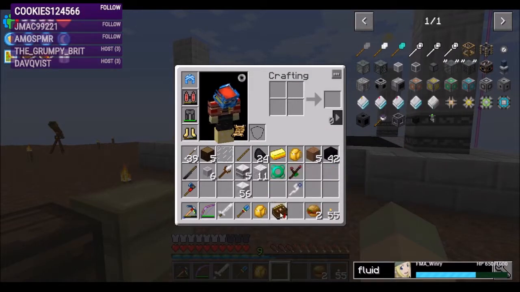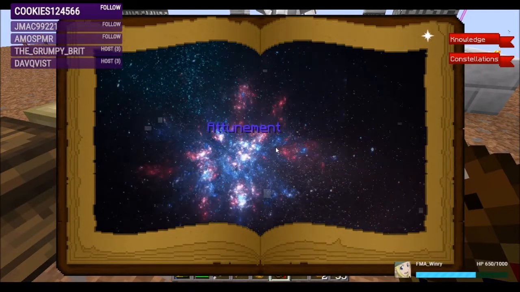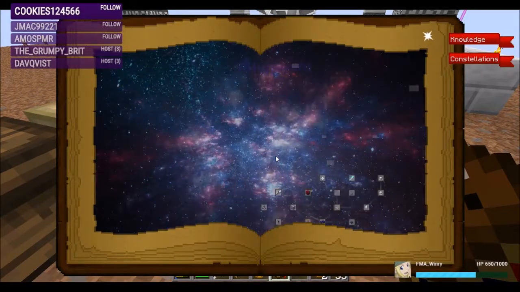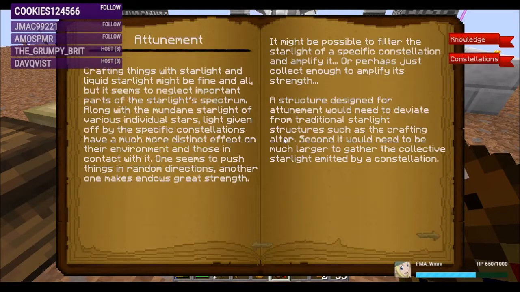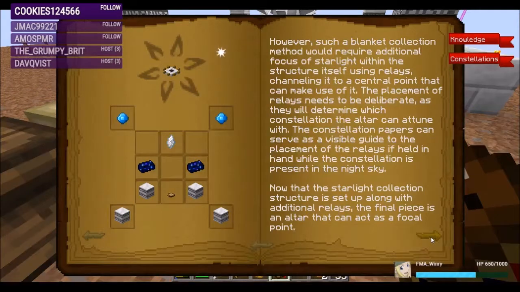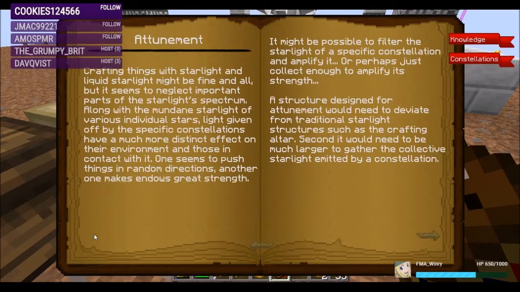What were we working on next? We're still working towards... Oh, I probably need to build that other island to put this on. Right? Ooh. That's a really large altar. Okay. We were actually looking at...